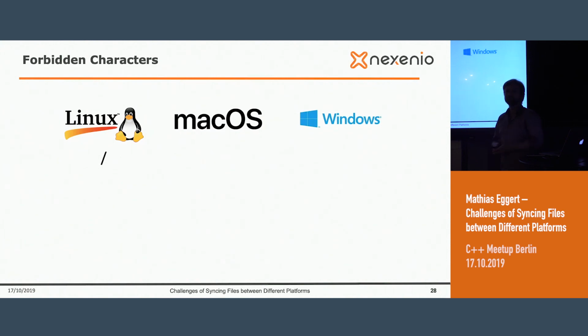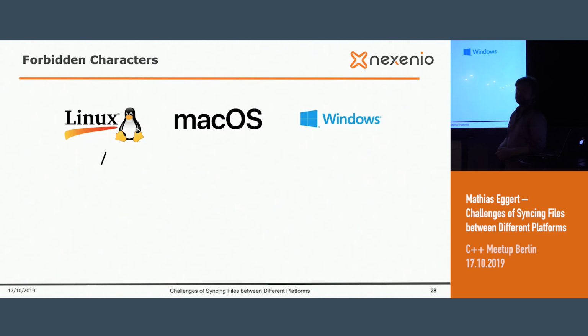I mean, that is the beauty of Unix because it allows nearly everything for a lot of reasons. And that is the path separator, and that is the reason why it's forbidden inside of a file name, because it splits different file names. So if the path separator is part of a file name, then it will make two file names out of the file name. And because of that, it's forbidden.